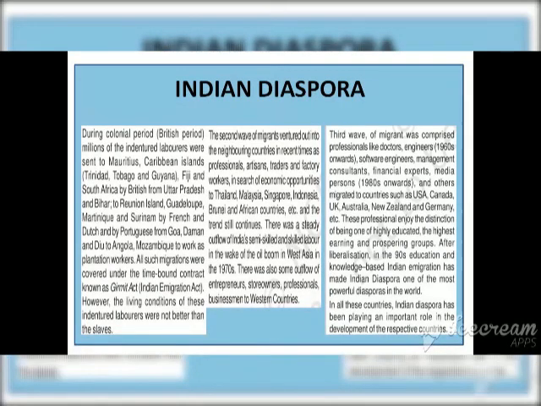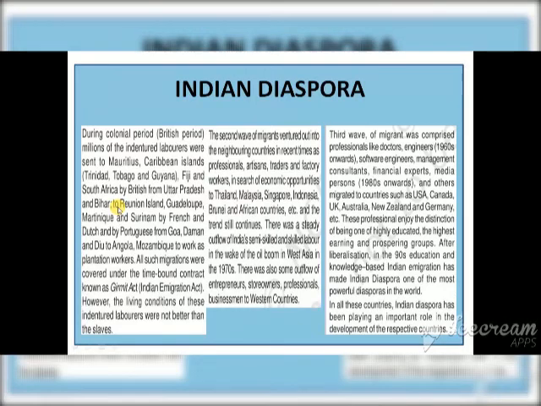Now, the Indian diaspora. When we say Indian diaspora, it means how migration took place in the Indian context. If we study the three waves, it will be very clear how migration took place in India. During the colonial period, several colonizers sent laborers to other countries as indentured laborers. For example, most laborers were sent by the British from UP and Bihar to Mauritius, the Caribbean islands, Fiji, and South Africa.